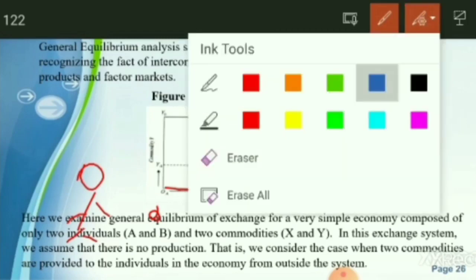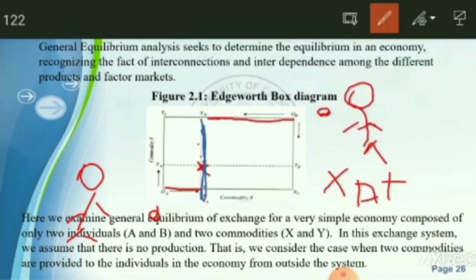Okay, then xa plus xb is equal to the total amount of x. And what is the total amount of y? Total amount of y is the same case, where how much is the level of consumption of y of A, that is ya, plus how much is the consumption of y of the person